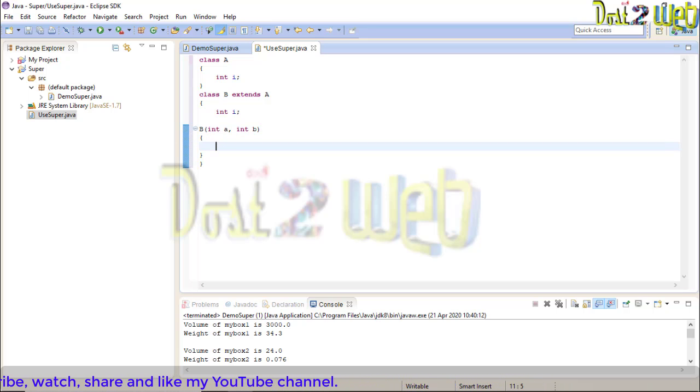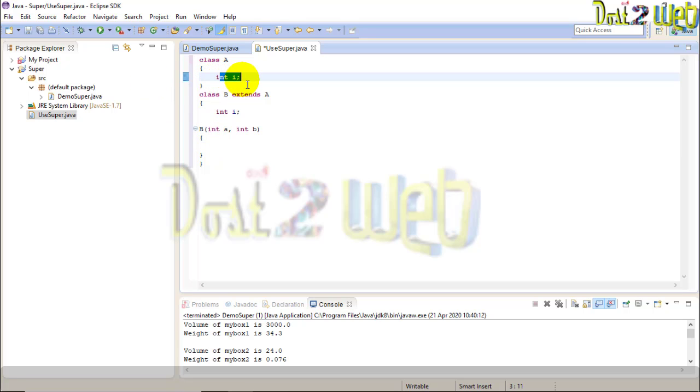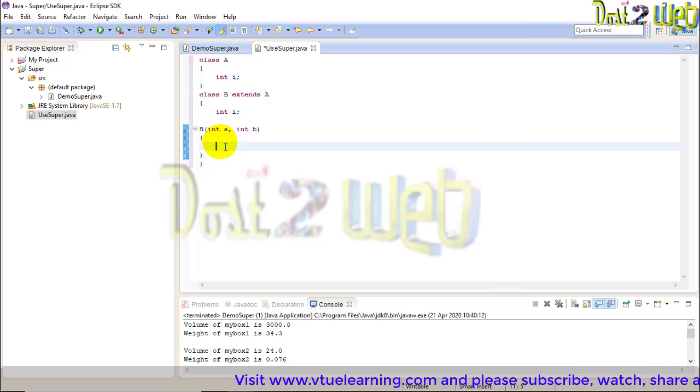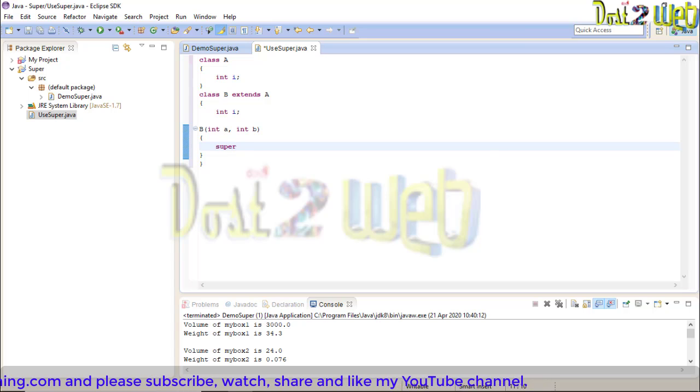Now we have created the constructor, right? So in the constructor what are you going to do? Now I want to access this i, which is available in class A. We cannot access this because we have declared this data member as private, so it cannot be accessed outside of the class. So how to access it? We know the method, that is super. So what I'll do here, super.i,